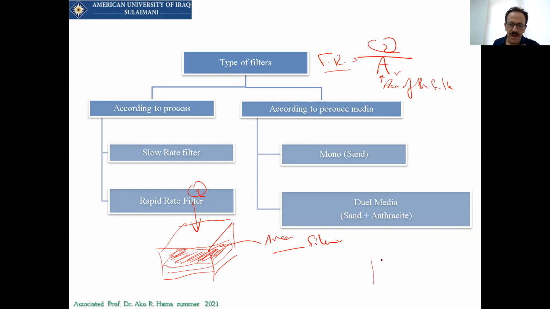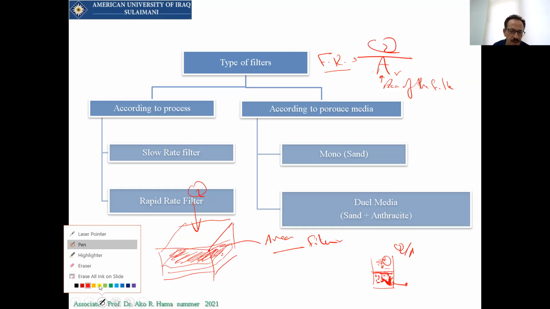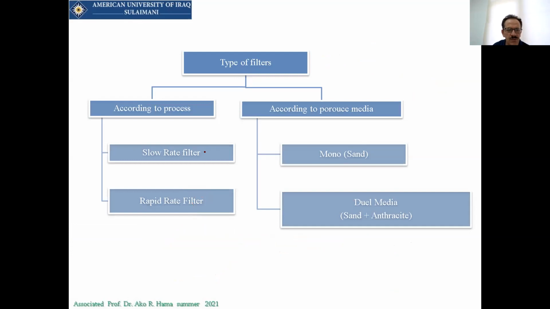Just above the filter, you may have in soil mechanics that we have the V here and Vs here. When we have V, the seepage velocity, it looks like seepage velocity if you have water above the sand. And so just above the sand, the V is the velocity, which is the Q over A. But here is the seepage velocity that we have. In filtration, it's exactly the same, but we don't have seepage. It's called filtration velocity.